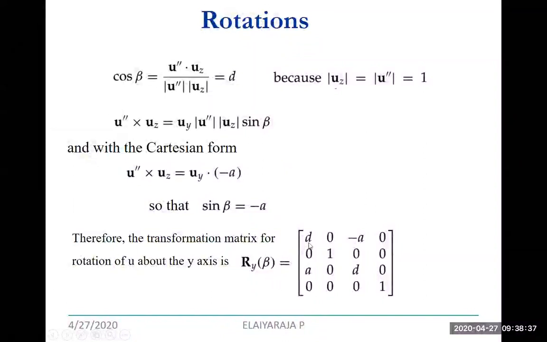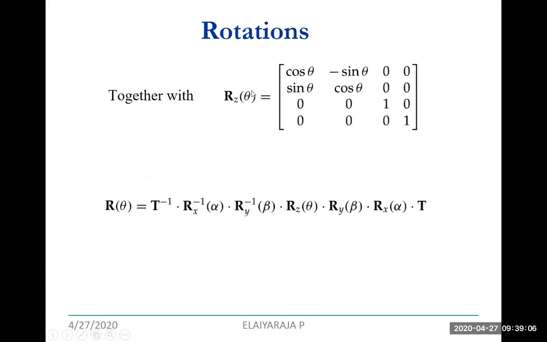So with respect to the y axis, we can write the transformation matrix cos theta 0 sin theta 0, 0 1 0 0, and minus sin theta 0 cos theta 0, 0 0 0 1. Okay, so this is with respect to the y axis. Next, the rotation together we write. Then with respect to the z axis, you will get cos theta minus sin theta, cos theta. Same way, if you write the final rotation